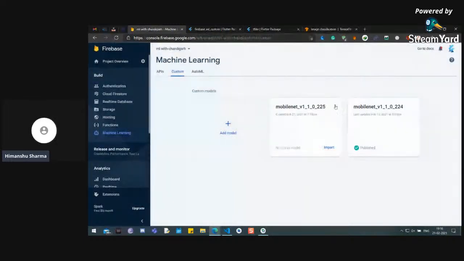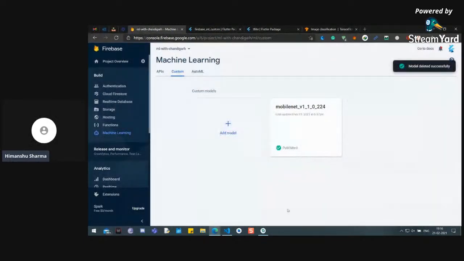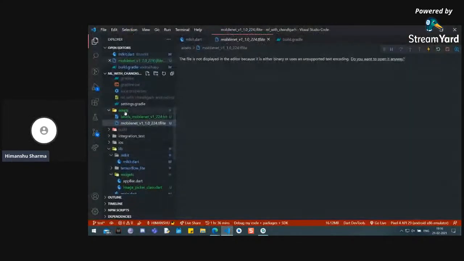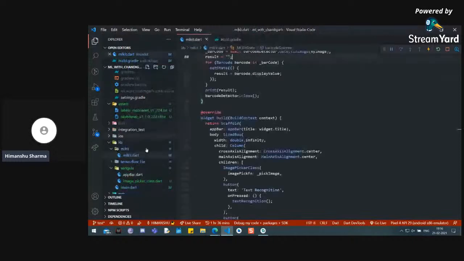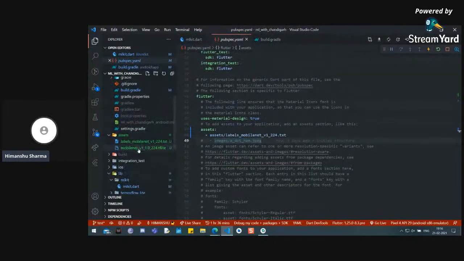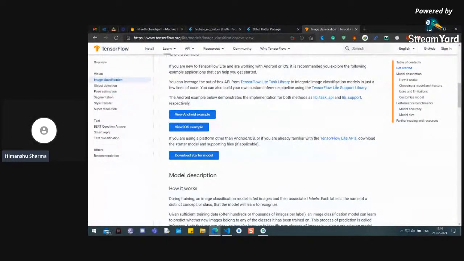I will just delete this because I've already done it. So what you have done so far, to use your own custom model, is to download this model, unzip the file, add it in the assets, import the asset inside your YAML file, upload this TF-Lite file inside the console, and then use it in